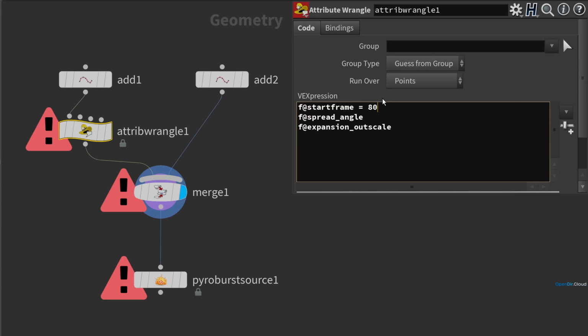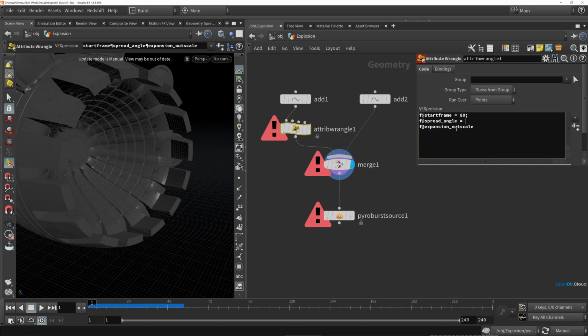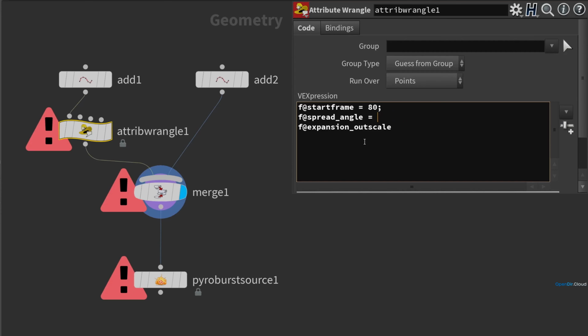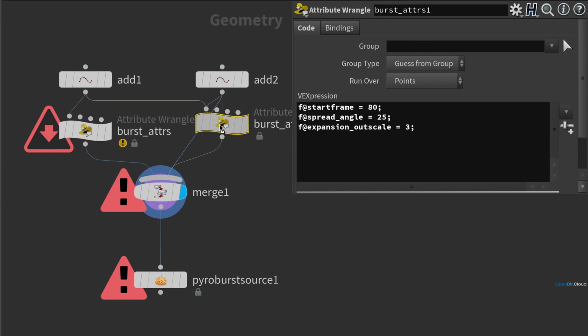So this first explosion point, I'm going to have exploding at frame 80, which is what we had previously determined, and that's the timing that we animated the creature jolt to as well. For the spread angle, I'm going to go with something a bit more narrow so that we can get this outward burst kind of shooting out of the mouth here. So I'll set a spread angle of 25, and for the outscale, I'll just try a value of 3. I'll rename this wrangle to burst attributes,